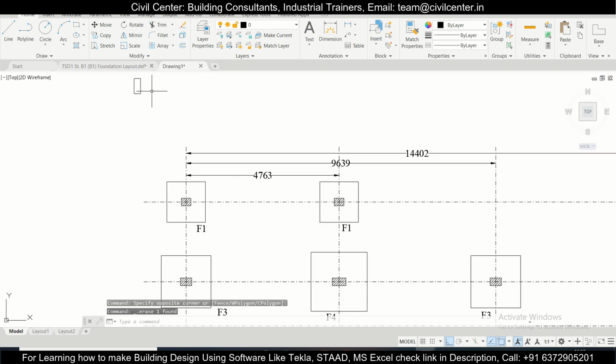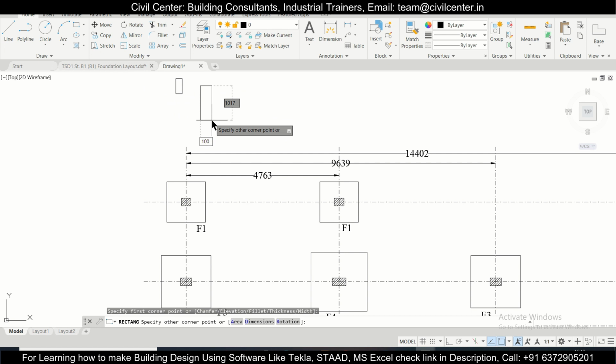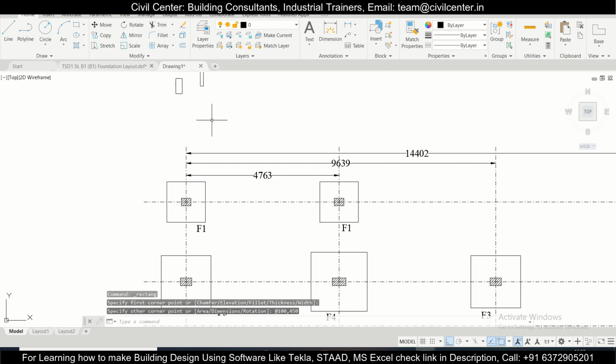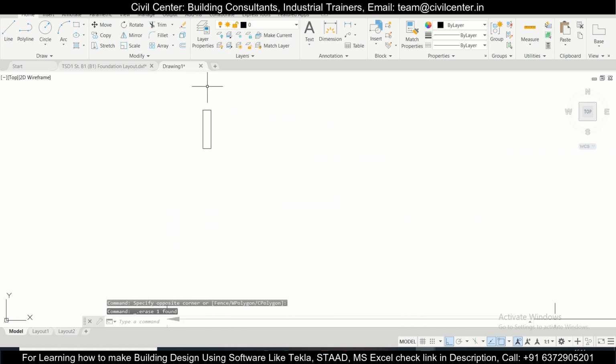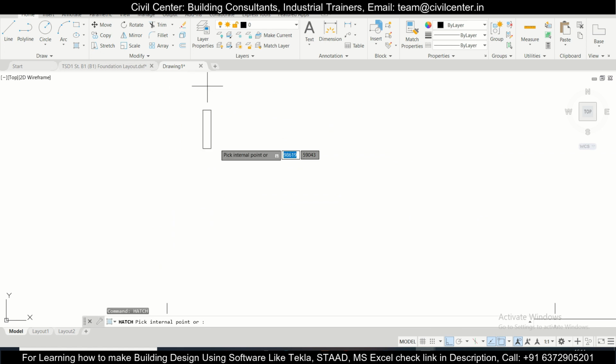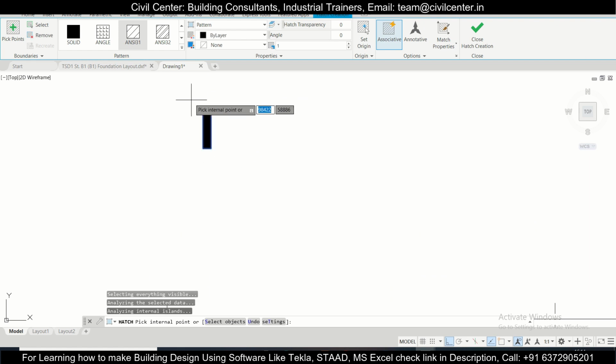We'll just select this, and we can select this also. Or else you can, let's go for a thinner one. Let's go for 100, comma 450. That is better. So here we can hatch it, hatch enter. We'll just click anywhere inside for hatching it, and